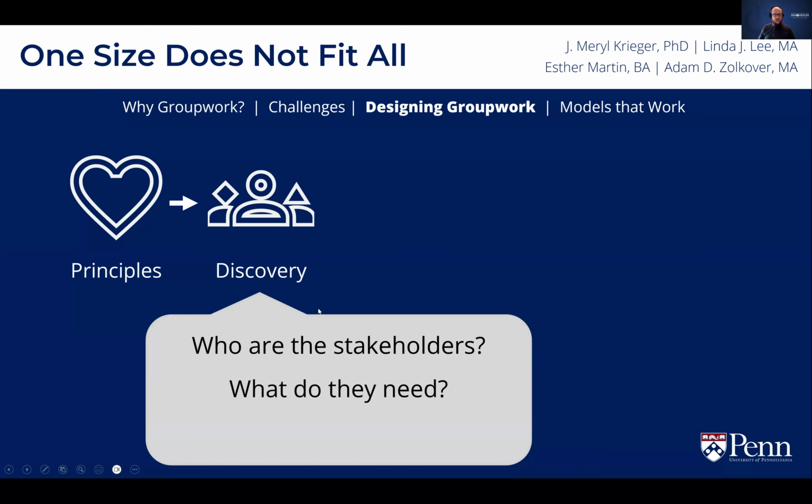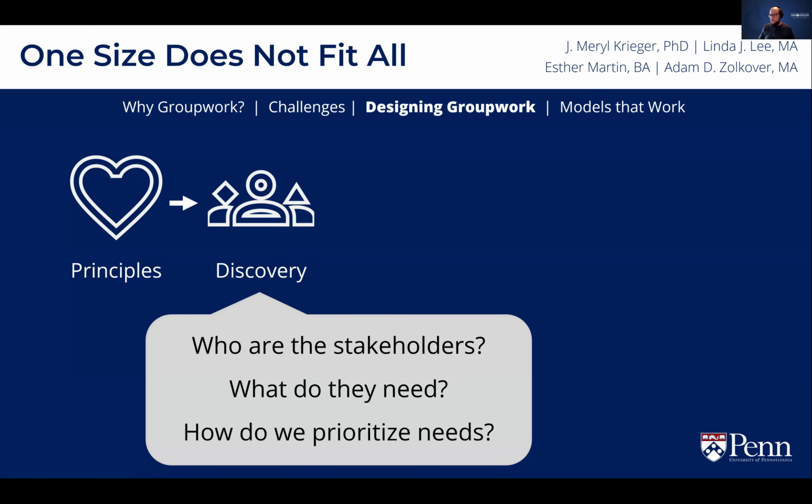The point is to understand what their needs are. What do they see as the facets of the challenge? What does success look like for your stakeholders? And then building support and influence, right? And project ownership. So what do they need in order to feel like they are meaningful contributors and that they want to contribute to future iterations of a group work project?